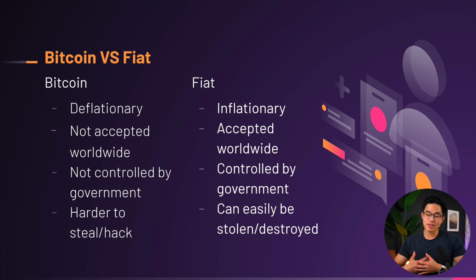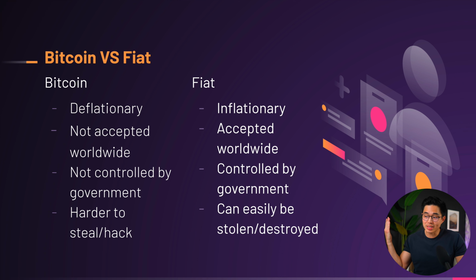So let's take a look at the differences between Bitcoin and fiat and why Bitcoin is so good at solving today's currency issues. Fiat is government-issued currency that is not backed by a commodity like gold, giving the central banks a lot of power over the economy. First off, Bitcoin is deflationary because of its limited supply, while fiat currencies are the opposite. When governments try to print more money to match the economy, they risk hyperinflation, which can cause prices of items to dramatically increase.